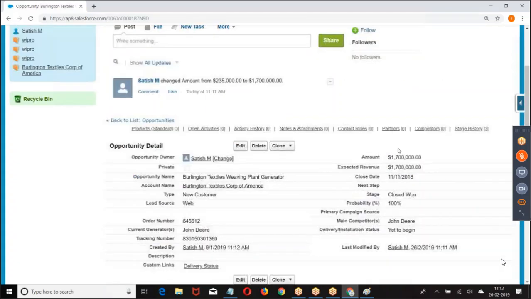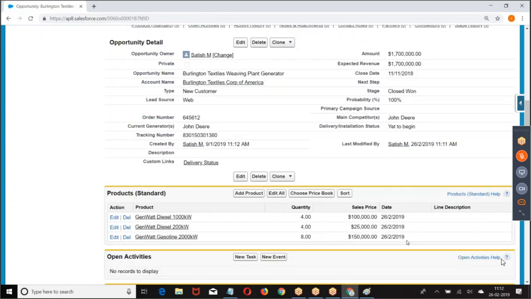Are you getting my point? So this opportunity amount is coming based on these products. Now these are called what? Opportunity line items. These line items joined together give the amount. Now the customer is interested to purchase 2 laptops, 2 mobile phones, 2 tabs. Together that gives you some 3 lakh rupees as revenue. Are you getting it? So what was this called? Opportunity line items. What we call opportunity line item.